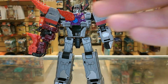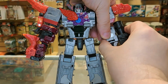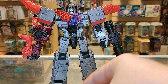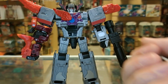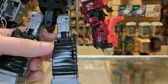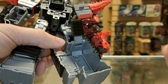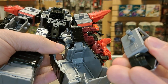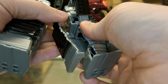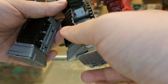Now, for the extra parts, I can go ahead and mount Megatron's fusion cannon to his left arm. So at least that has a spot to go. But then you ask what to do with this. Well, if you recall Optimus, he could actually open up the back sides of his legs, and inside there would be a 5mm port to actually attach his spare arm. And Megatron's got that 5mm port as well. See, I can plug it in and snap it like that, and then